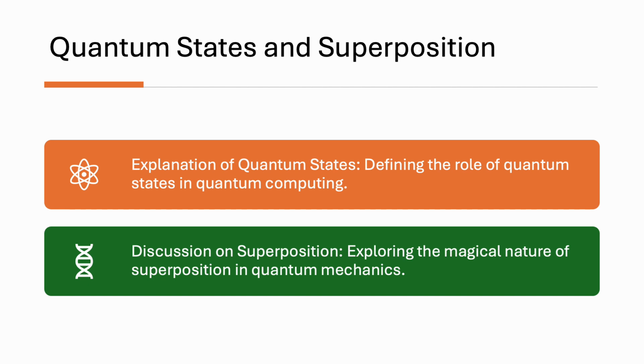Superposition. It's the ability of particles to exist in multiple states simultaneously. You need to picture a quantum acrobat gracefully navigating between the classical extremes of 0 and 1, showcasing the magical nature of superposition. This inherent duality is not a limitation but a quantum blessing, exponentially expanding the computational capabilities of quantum systems.